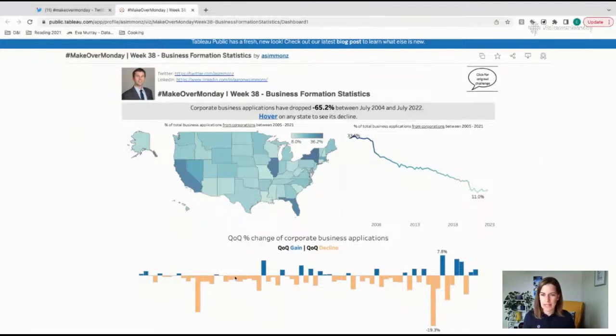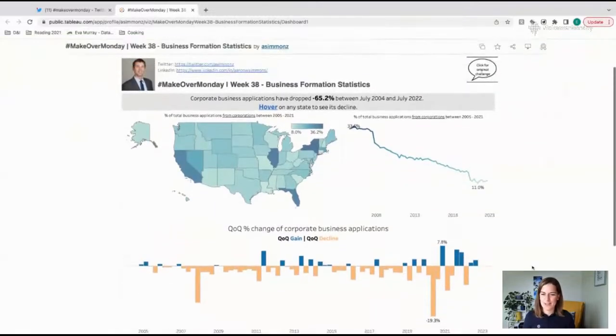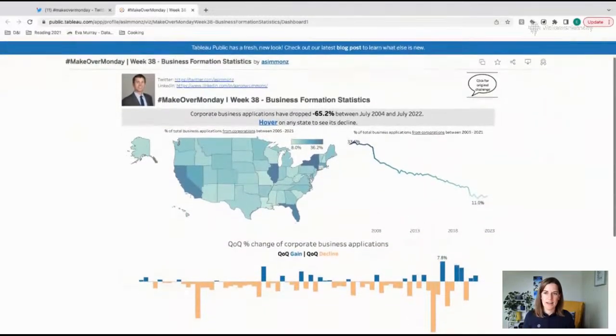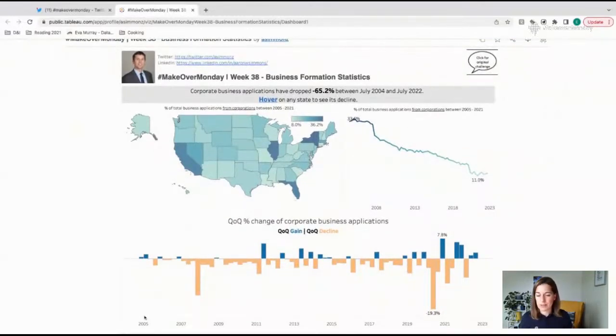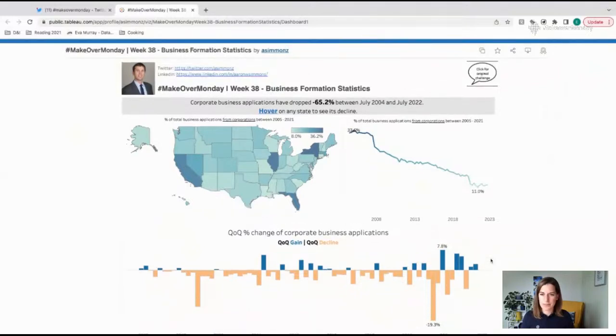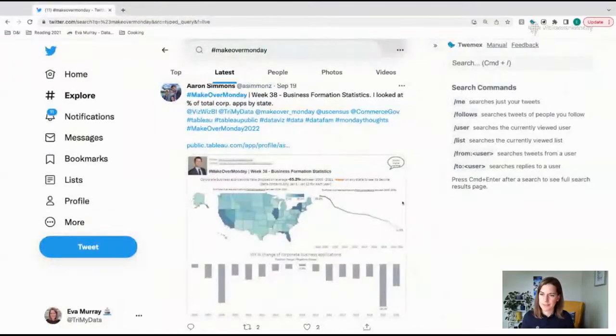I don't know what these bars are. It's the quarter over quarter change, but is it a timeline? Is it the states? Is it every individual state? Okay, so this is every individual quarter, but I don't have a label. Oh, the label is further down. There you go. So I hadn't scrolled, but you also might want to label the start and the end just on the line so that it's obvious straight away. Hence, me scrolling and revealing it. Okay.